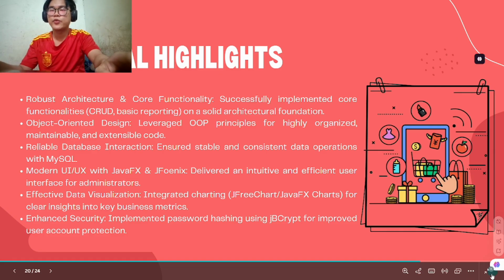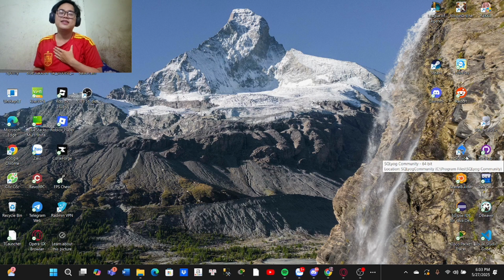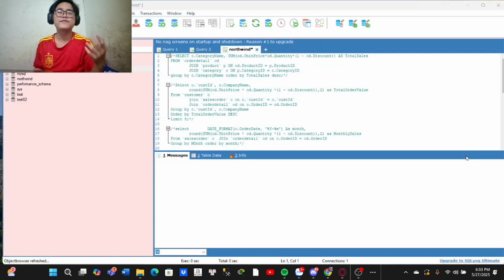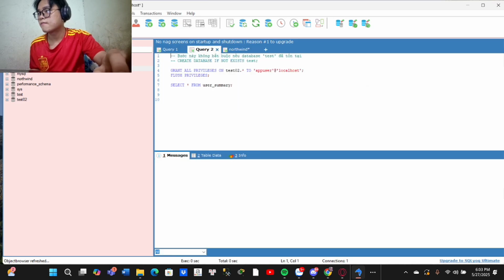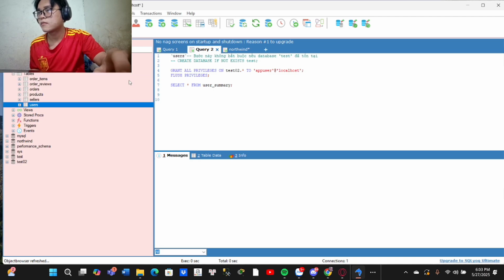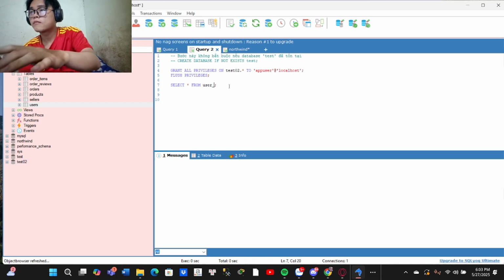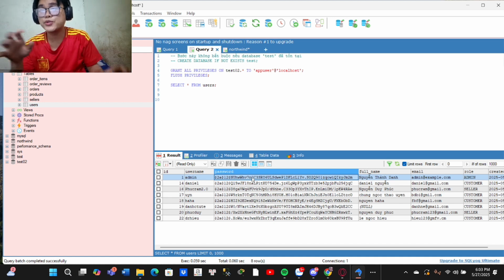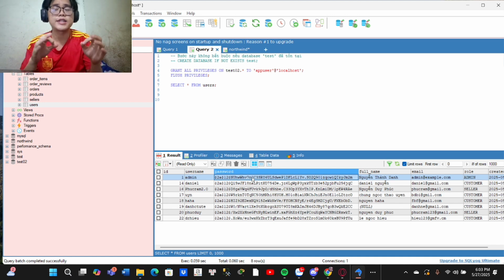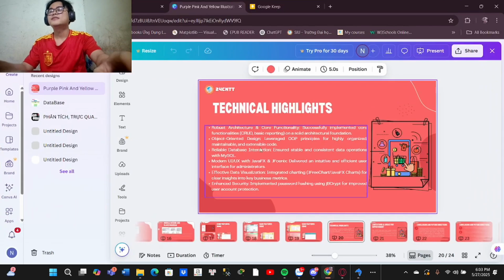Oh wait, I can show you this. Wait for me for a sec. It's the thing that I'm a little bit proud of because I use JavaScript to enhance my... wait, where is it? Like this, you can see here the password is very complicated because it's been hashed into many things by using JavaScript. It's absolutely security maximized. It's the thing that I'm very proud of. Yes,